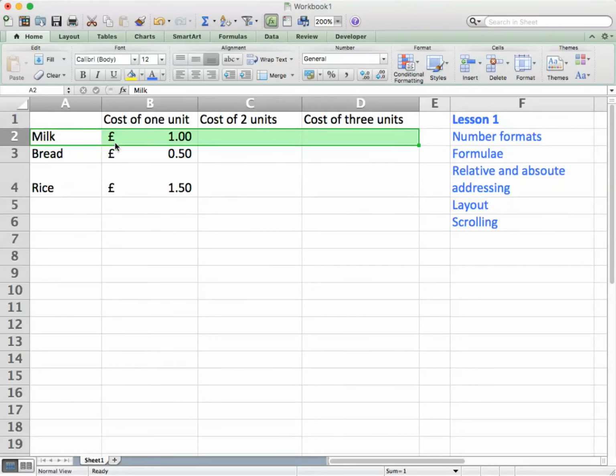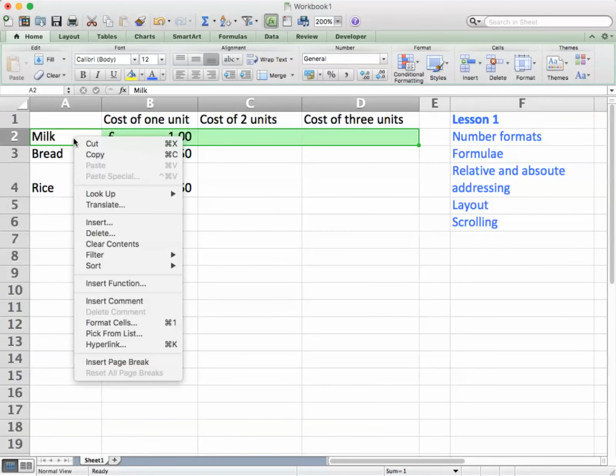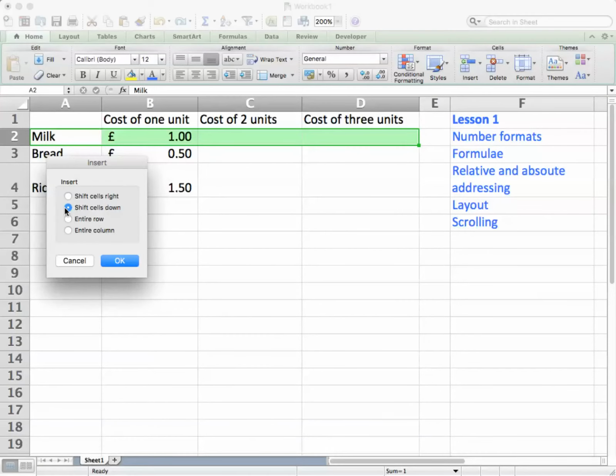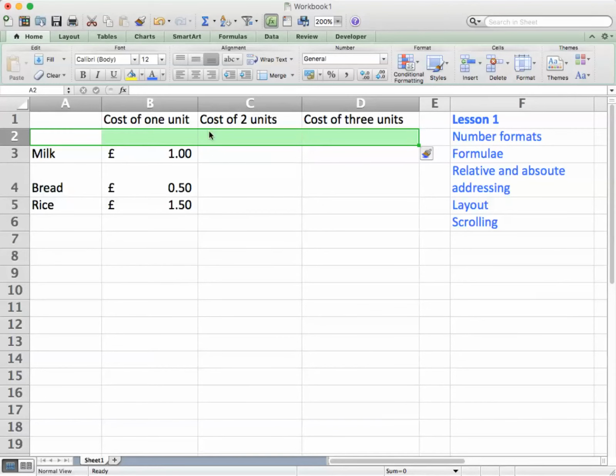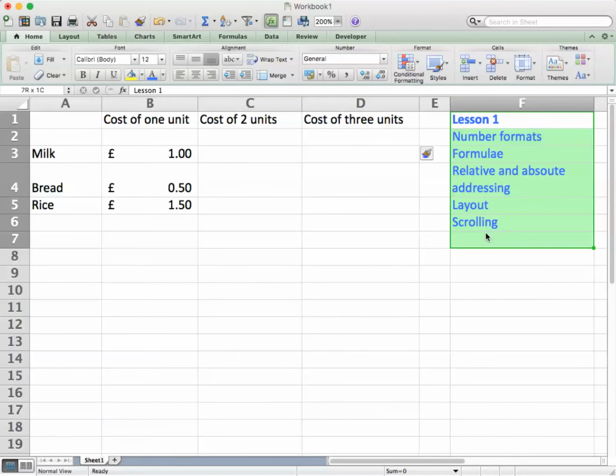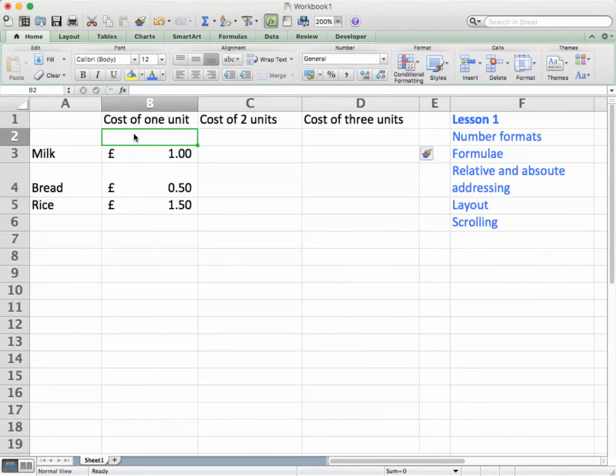So if you drag across a block like this and right click, you can insert cells. And in this one I want to select this, shift them down. So all I'm doing is creating an extra row. Notice that because I only selected 4 cells, it only pushed these ones down. So the ones at the right, this stuff here, stayed. There's no additional line in here. So I can now make it the cost of 1 unit, 2 units and 3 units so that we can